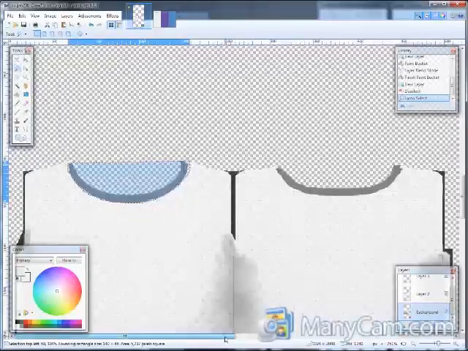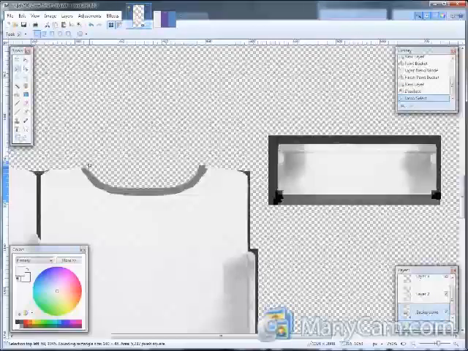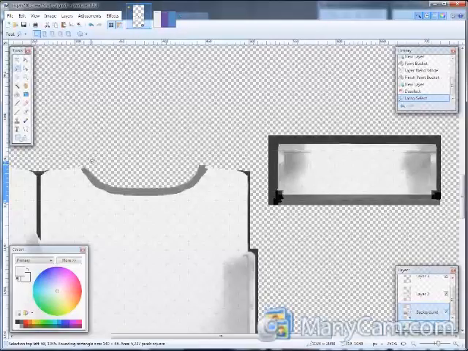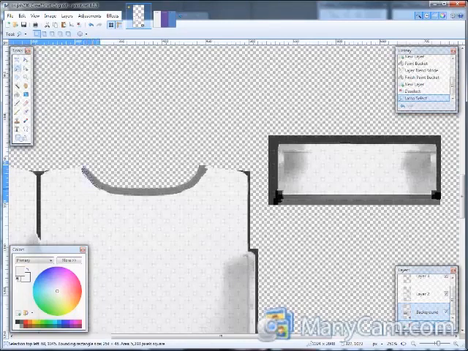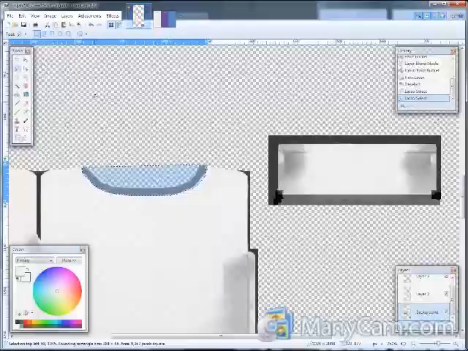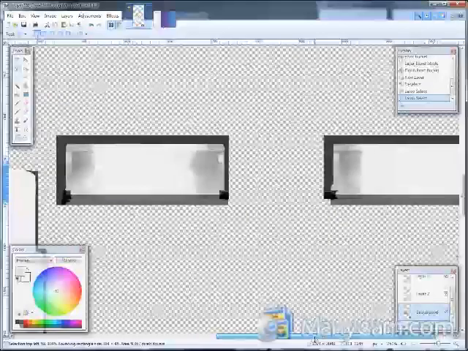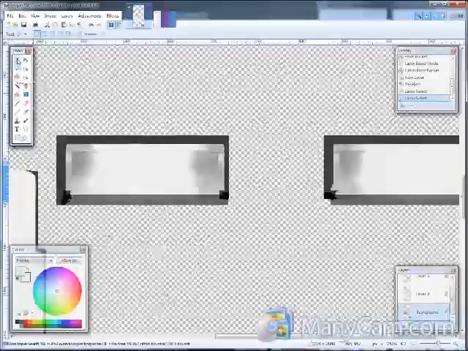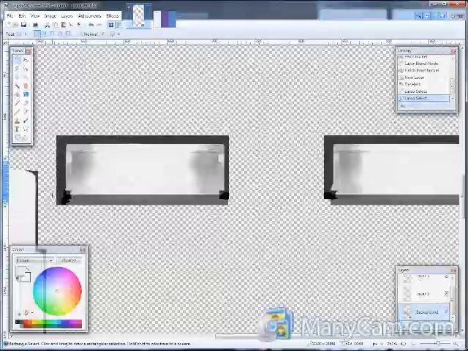Just like we did with the last one. And this time holding Control will be your adding to your selection. Go ahead and select all of the neckline. And then again with the rectangle selection or marquee tool, hit Control,